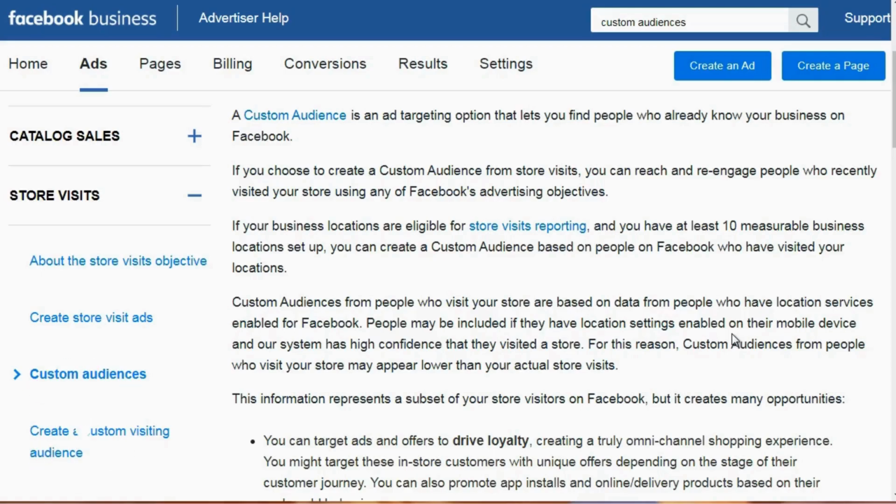being an ad targeting option that lets you find people who either took an action or didn't take the